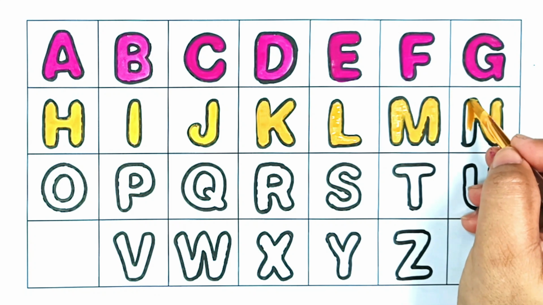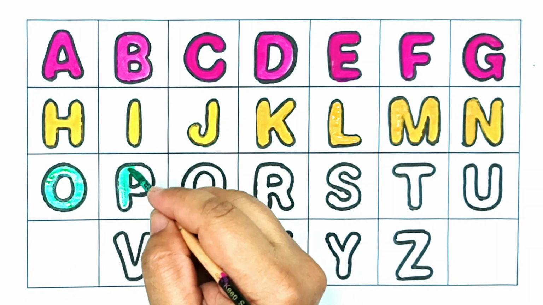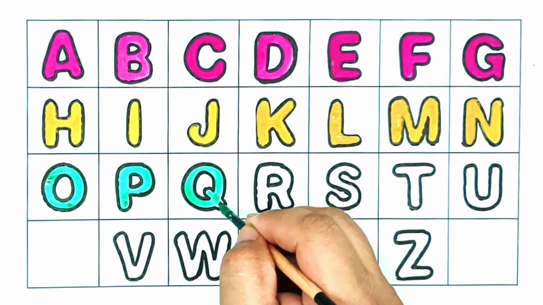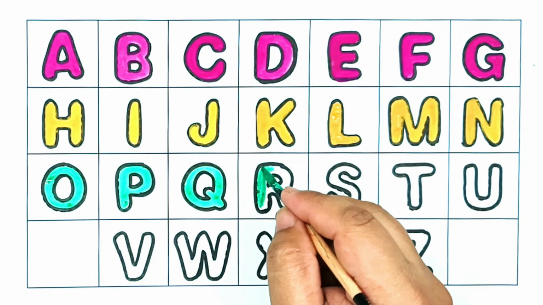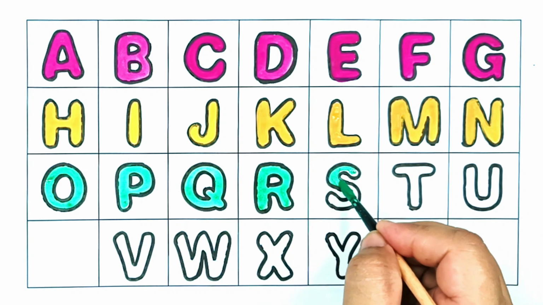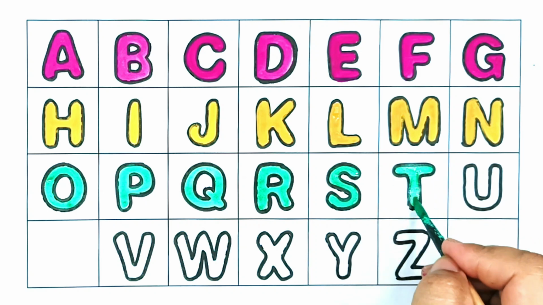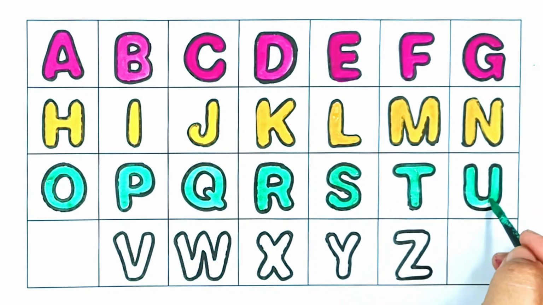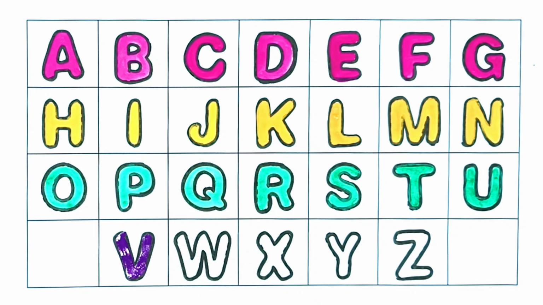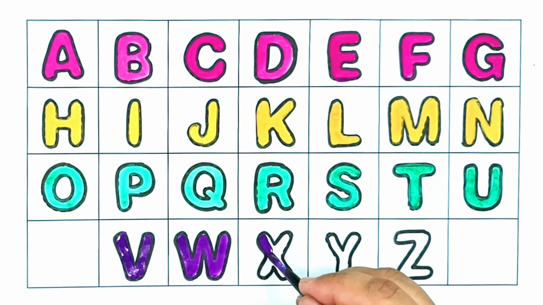N for net, N for net, O for onion, O for onion, P for pen, P for pen, Q for queen, Q for queen, R for ring, R for ring, S for star, S for star, T for train, T for train, U for umbrella, U for umbrella, V for van, V for van, W for watch, W for watch, X for xylophone, X